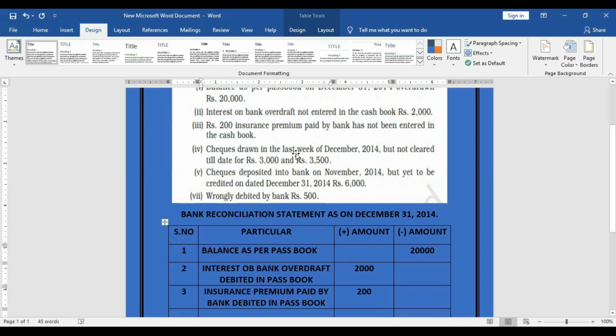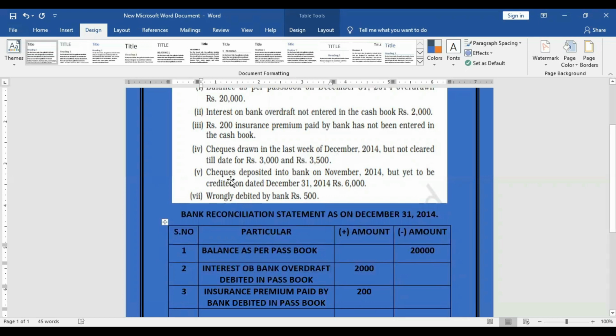Fourth one, checks drawn in the last week of December 2014 but not cleared till date for rupees 3,000 and rupees 3,500. Checks drawn means the account holder has issued or written checks to two parties. One check is 3,000, another check is 3,500, in the last week of December 2014. But in the bank, they are not cleared. That means we have issued the checks, the party did not